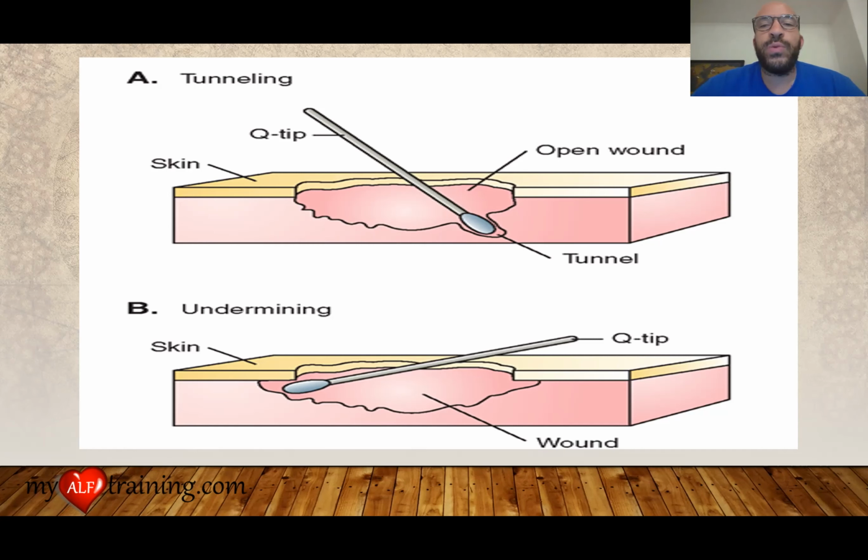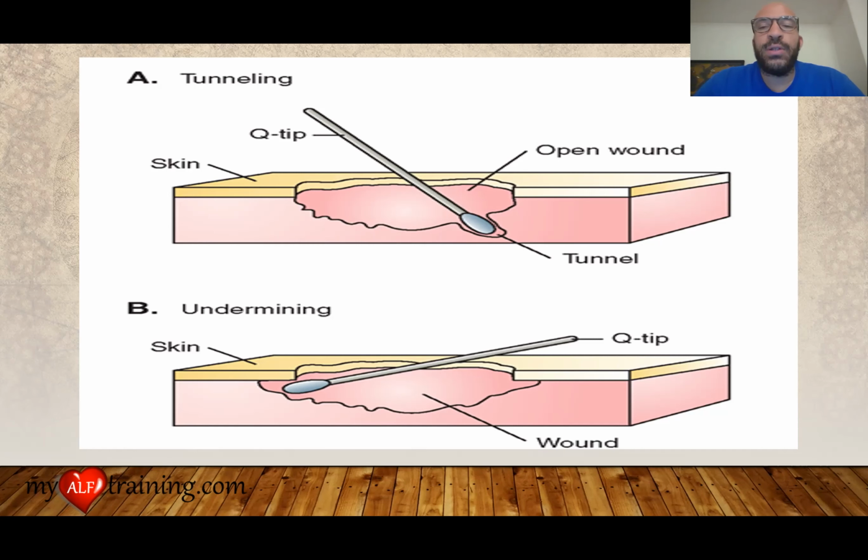So what you want to do is measure the width of that stage 1, and you want to make sure that every day as we're coming back, the redness is getting less red, the width is getting smaller. So we know that what we're doing is working, and this isn't getting worse, because we don't want to have a stage 1, and we definitely don't want a stage 1 to transform into a stage 2, especially in the